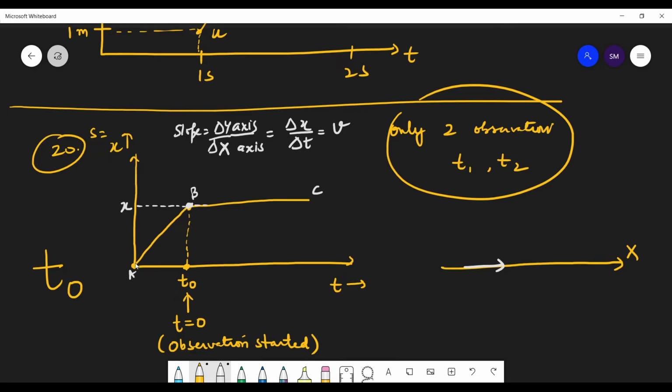There is some velocity, and you can see that as time changes, the position of the object also changes up to time t naught, and after t naught the position is not changing. The slope is 0, a horizontal line parallel to the x-axis. Slope 0 means velocity is 0, which means the object is at rest. So here the object is at rest, but earlier the object is moving with constant velocity. The next option: the velocity increases up to time t naught and then becomes constant.